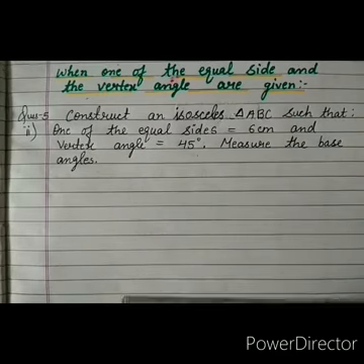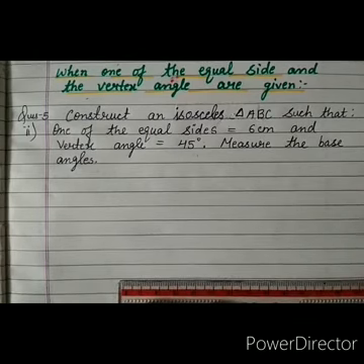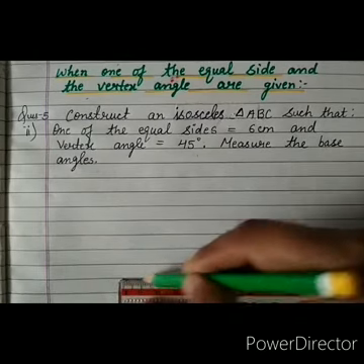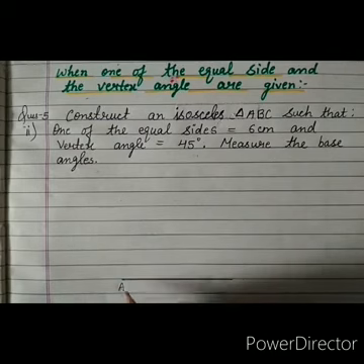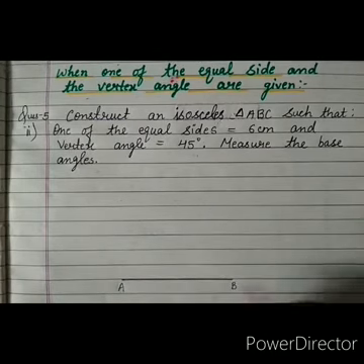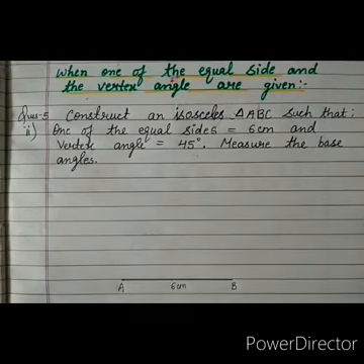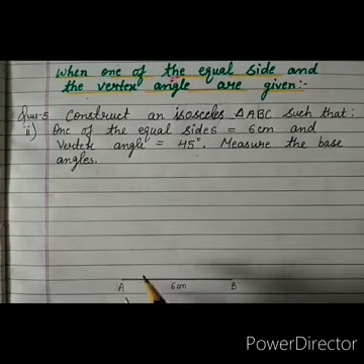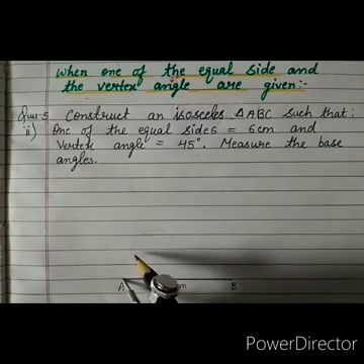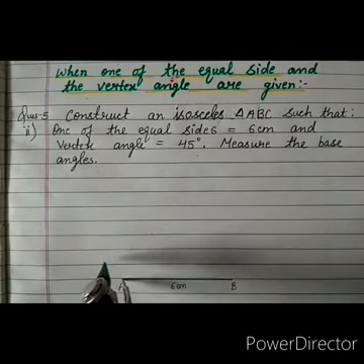So first of all we have to construct a line segment of 6 cm. Here this is the line segment of 6 cm and name it as AB because it is not given in the question, so we can take it as AB, 6 cm. Now the vertex angle is given, so we have to construct an angle of 45 degree. For that first of all we have to construct an angle of 90 degree. We can construct from A or B, any point. Now here I am taking point A.